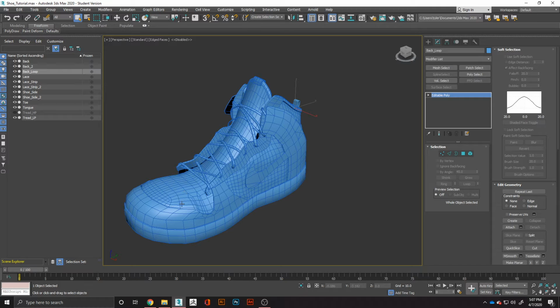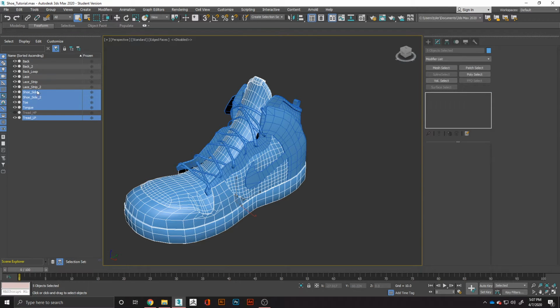without having to add in all those extra polygons. So for example, if you wanted some crease in the toe here, or maybe you want some stitches along here but you don't want to add all those extra polygons, this would be the way to do it. So the first step is to simply